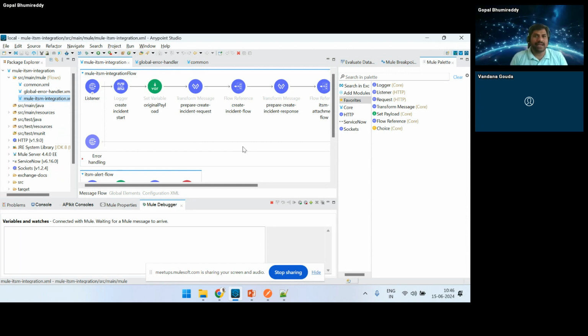As I said, today we are talking about ITSM integration, right? First I will tell you on a general note how we are able to create an incident, and then we'll go to a real-time scenario where it is used. As a prerequisite, we have a ServiceNow account and the instance is ready. Okay, I'll show you the